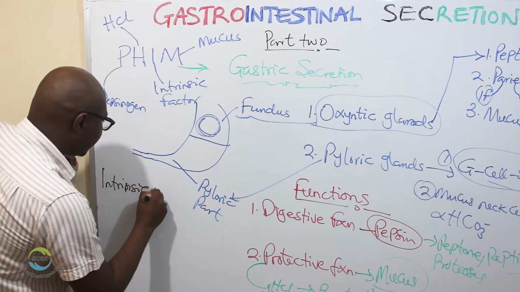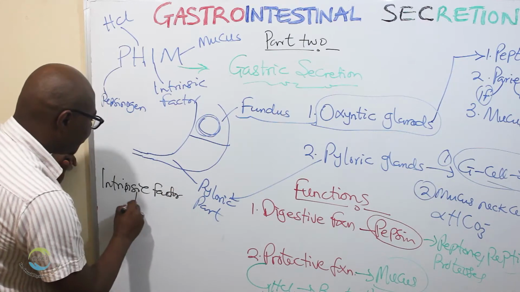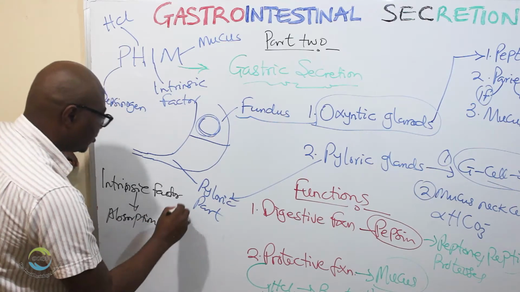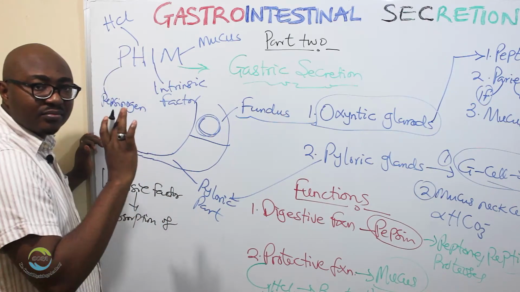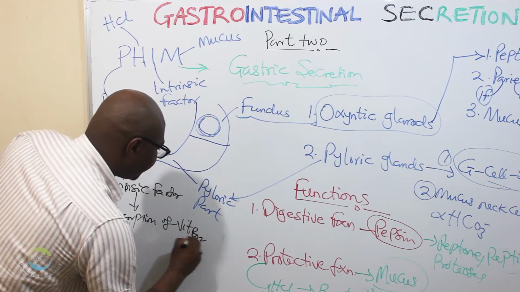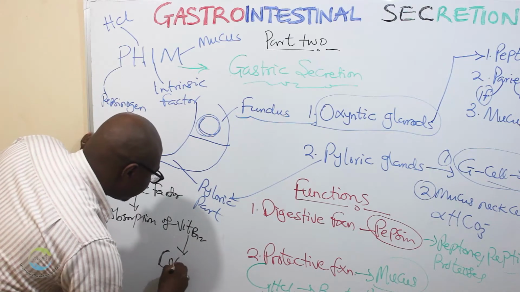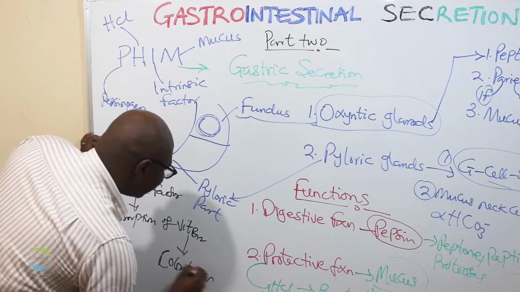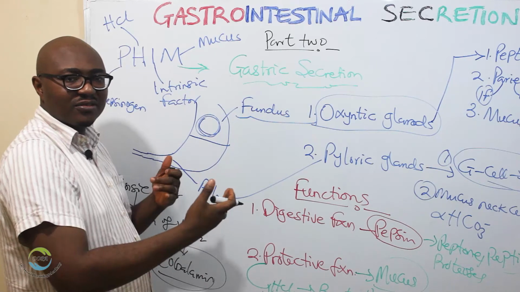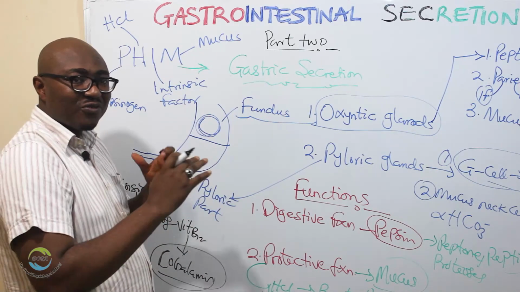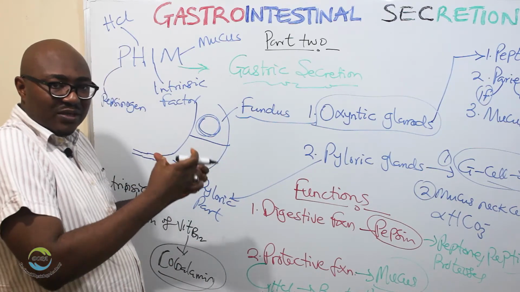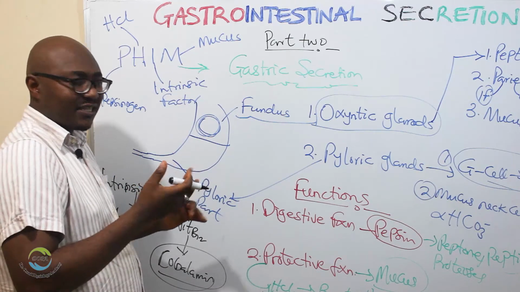Intrinsic factor helps in the absorption of vitamin B12. Vitamin B12, also known as cobalamin. So cobalamin in itself is a maturation factor in the production of red blood cells. When red blood cells are produced, it's one of the factors that help red blood cells to mature in their developmental stages. So without